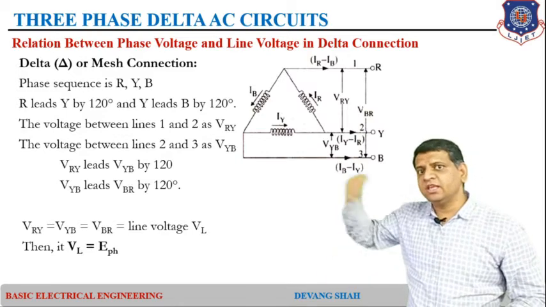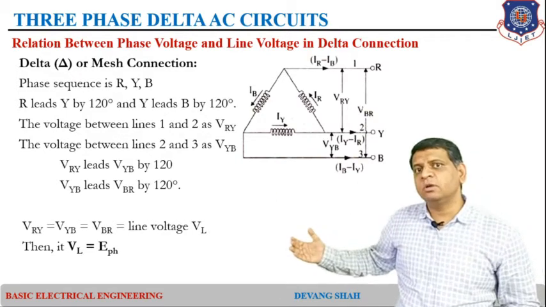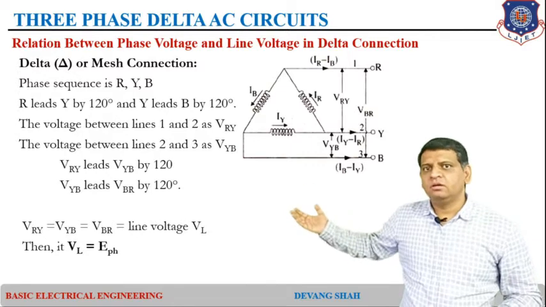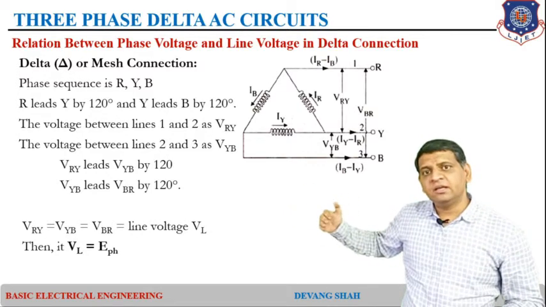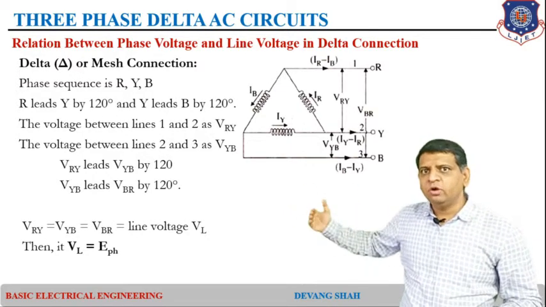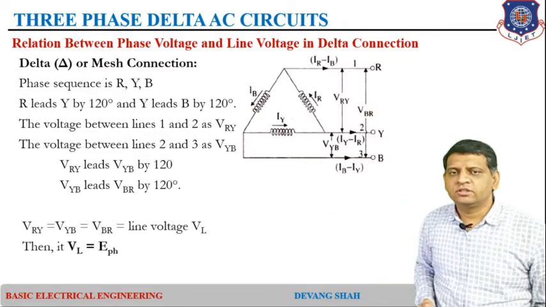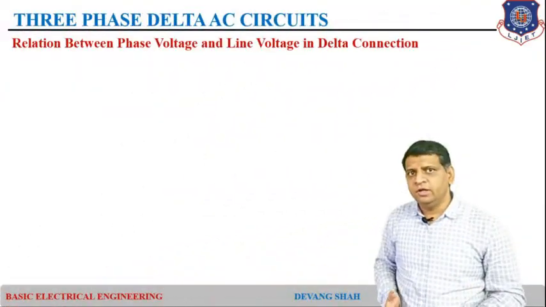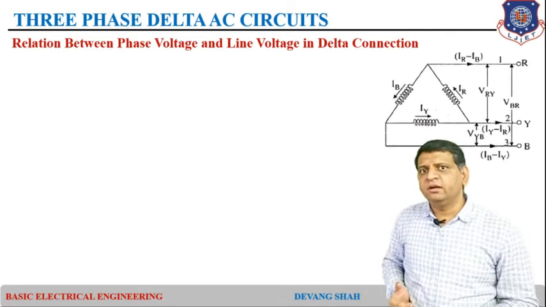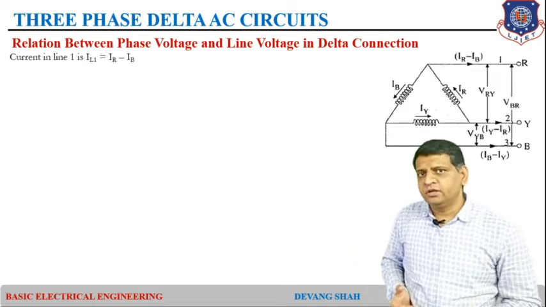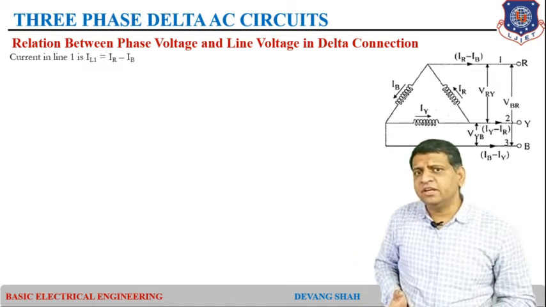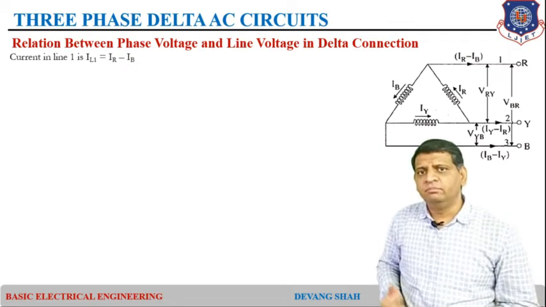Now, this is not the case with the star connection, because in a star connection the currents were the same, but in a delta connection the voltages are the same. So, line voltage is the same as the phase voltage for a 3 phase delta connection. Now, if you are going to find the relationship of current, you can see straight away the current which